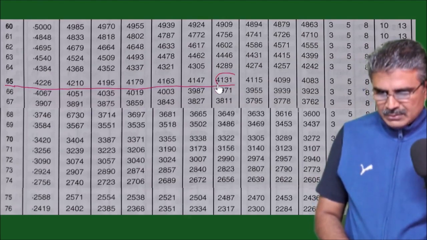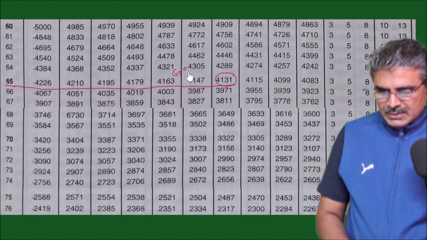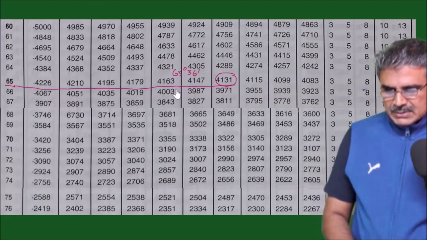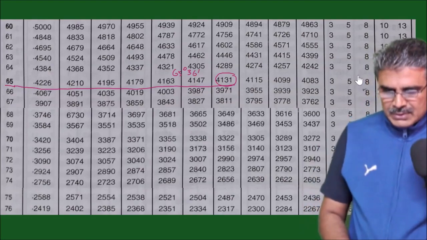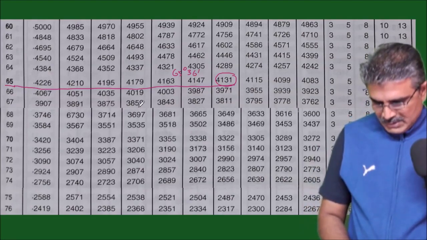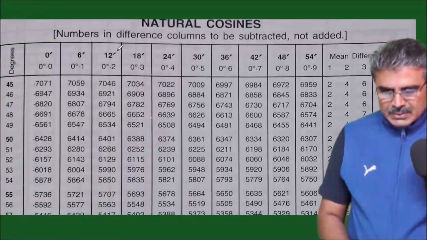0.4131. So this is the value for 65 degrees 36 minutes. To get 41, we still need another 5 as mean difference. So find where the mean difference 5 is. This mean difference 5